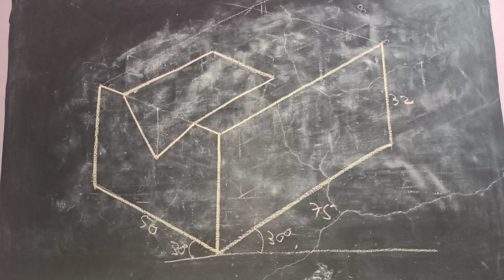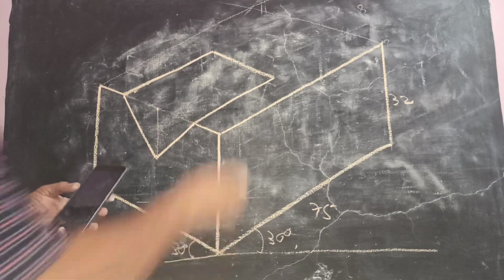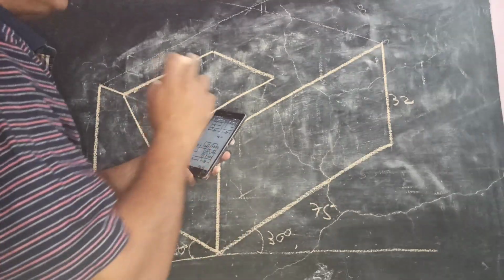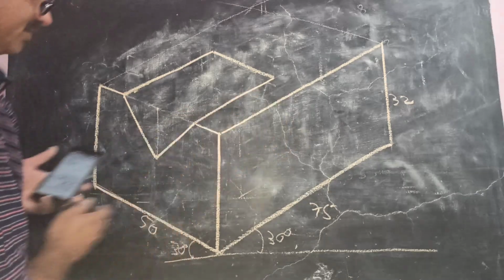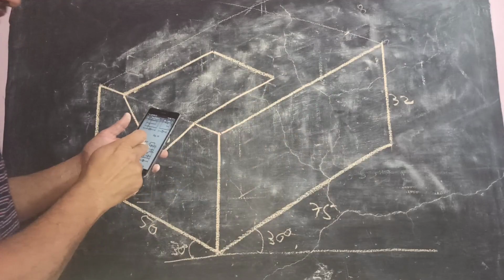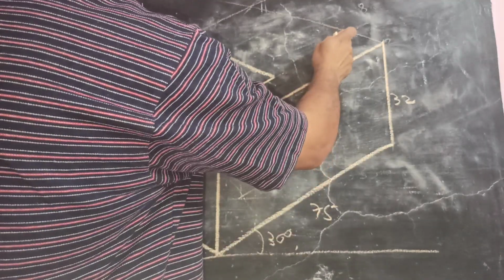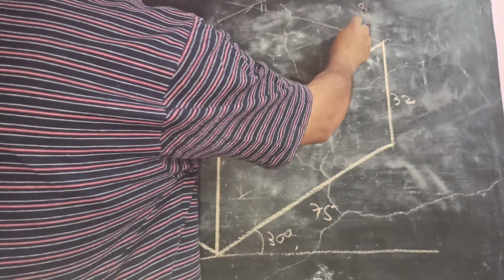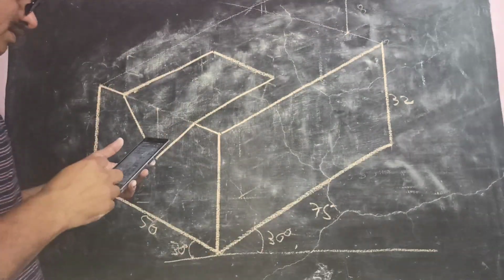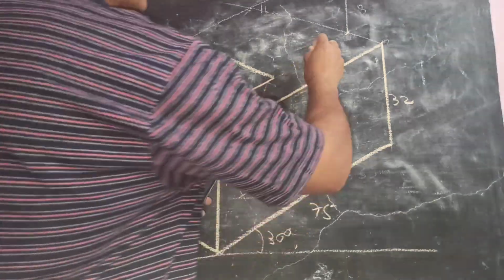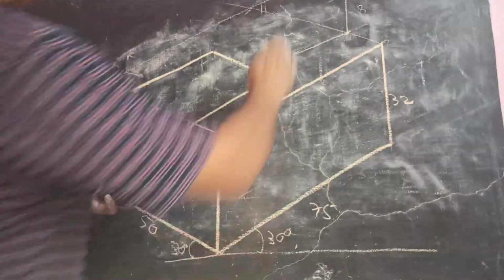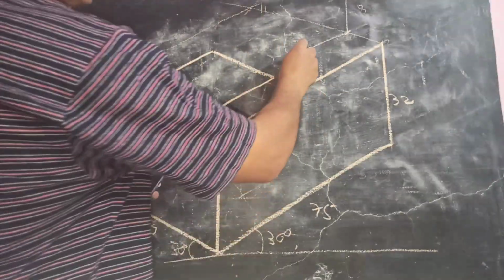Now there is a pillar in this corner. The height of this pillar is given as 24, and from the side view it is 12 mm from this corner. It is given in the problem as 12 mm, so mark this 12 mm. The height of this is 24, so mark this as 24. Then the length is also 24, so this is also 24.